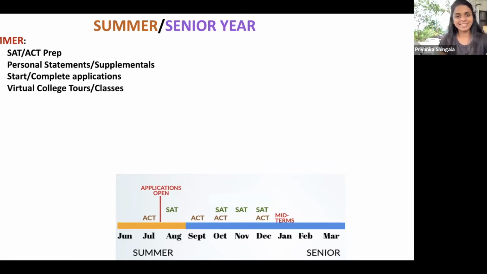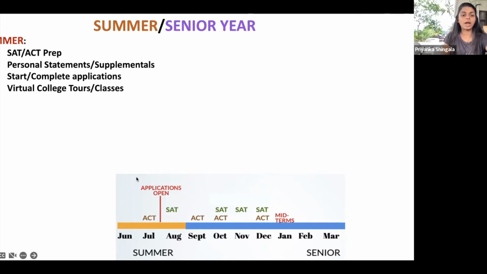So it's kind of a risk, right? Because you're finding out maybe it's not the best score. Well, tough luck. Which is why I said preemptively do all your testing as early as possible. So then you can be very selective as to which scores you want universities to see. If your deadlines are in January, then you can just take all the exams you want, see the scores, and then send them. So it really just depends on when the application deadlines are. So that's on the SAT, ACT front.